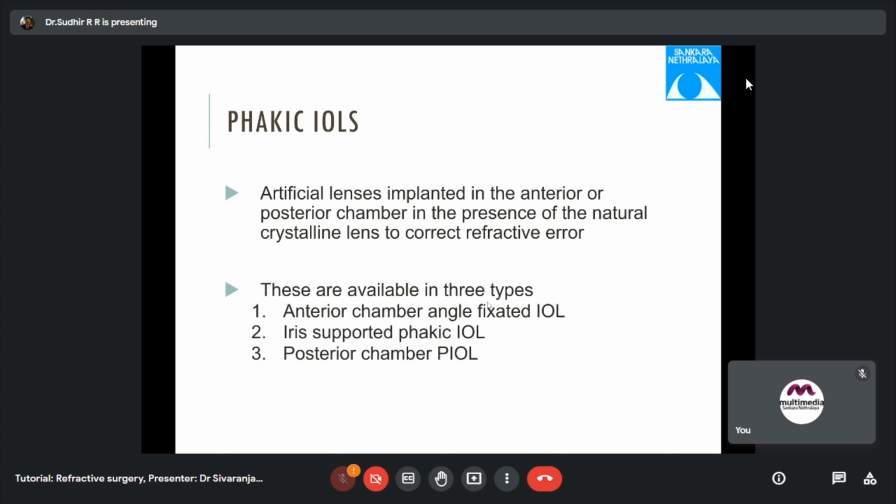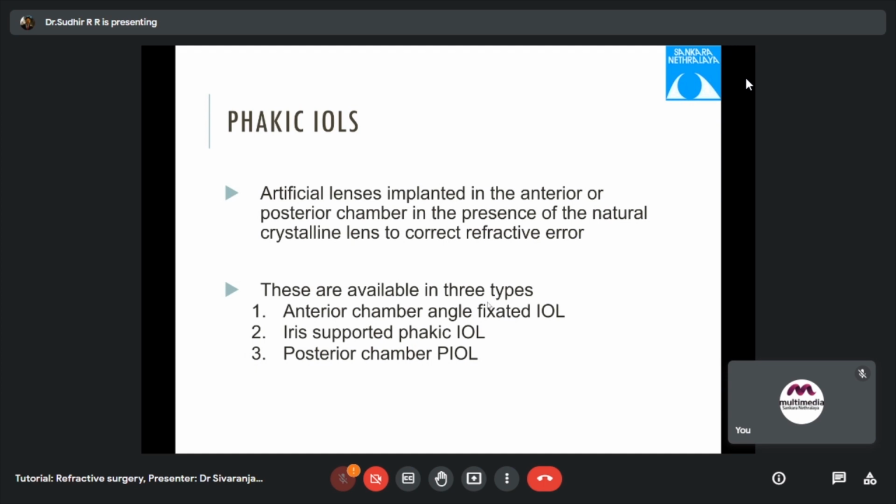So then you need to know the classifications and all of it, and then go through. Yeah. Moving on to phakic IOLs. Here, the artificial lenses are implanted in the anterior or posterior chamber in the presence of the natural crystalline lens to correct the refractive error. There are 3 types: anterior chamber angle fixated phakic IOL, iris supported phakic IOL, and posterior